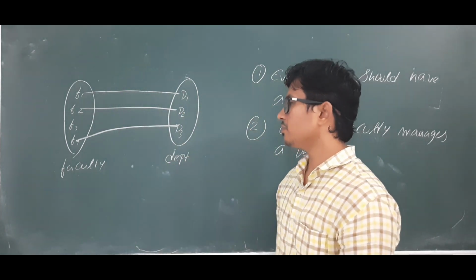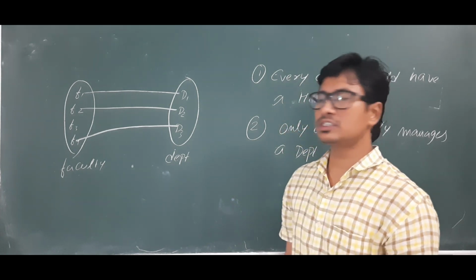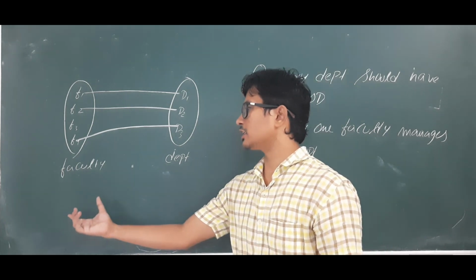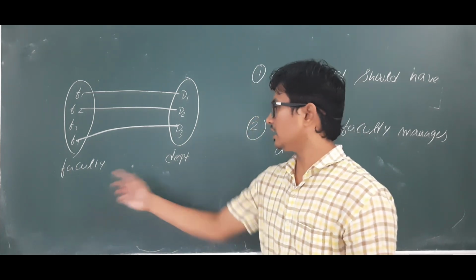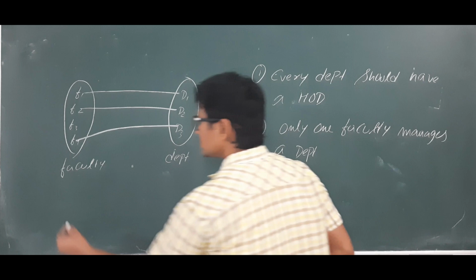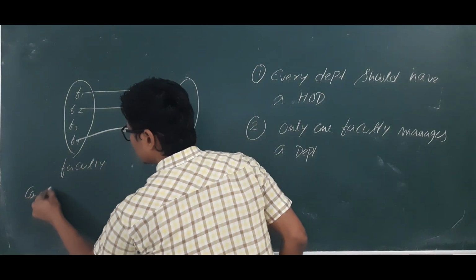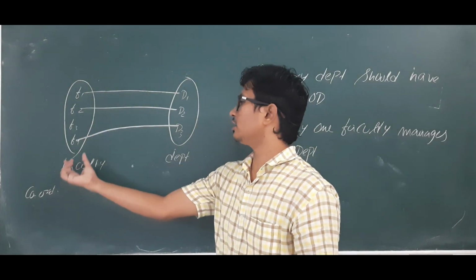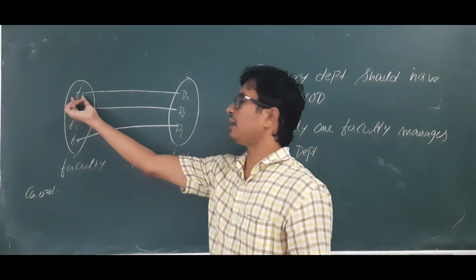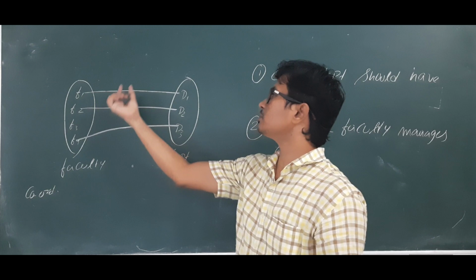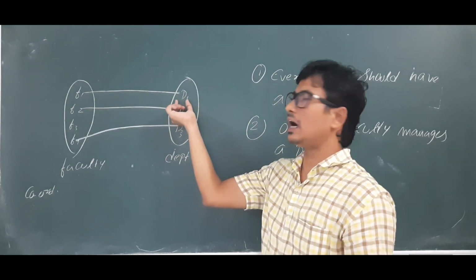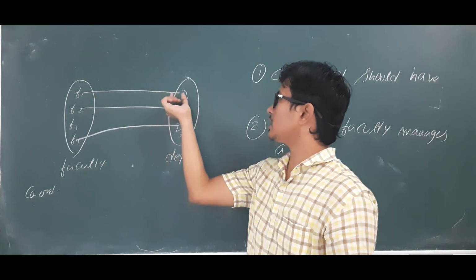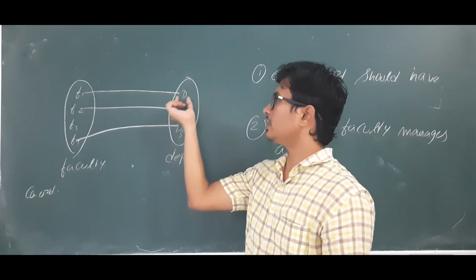departments. Okay, so now we will find what is the cardinality of the faculty and the department, and what is the participation value for the faculty and the department. So what is the meaning of cardinality? Cardinality defines, if you want to find the cardinality of a faculty, the maximum number of relationships each faculty has with the other entity here. You see that a faculty can have a maximum relationship with only one department.